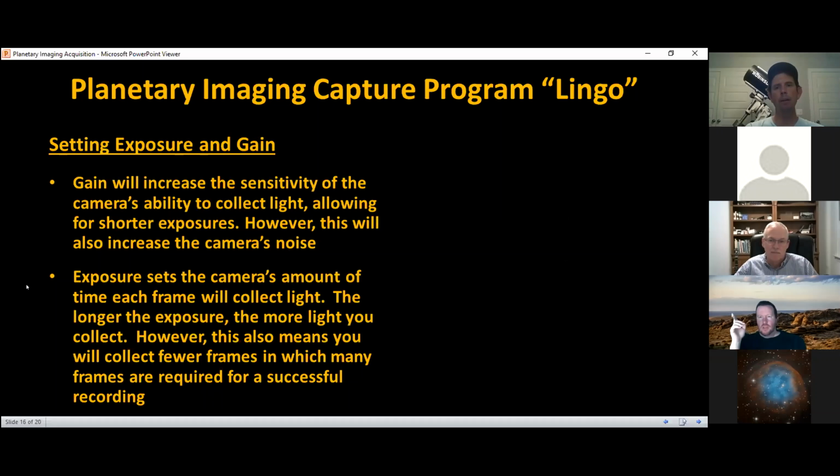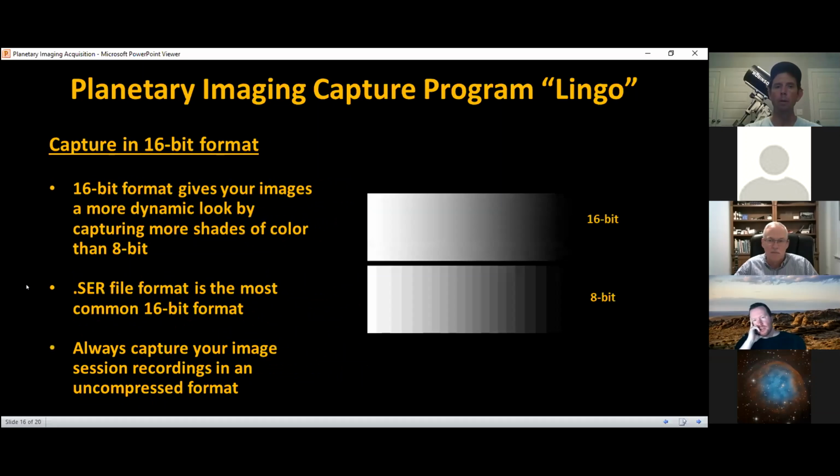So let's see, what do we have here? Okay, lingo. So I had a question on that, actually. With what I'd been reading in preparation to do the planetary stuff these past few weeks, the consensus I saw was to record in 8-bit because you could get a higher frame rate, and those additional bits are mainly noise, so you're just adding noise to your image rather than data. I don't know if I fully understand why that's the case, but